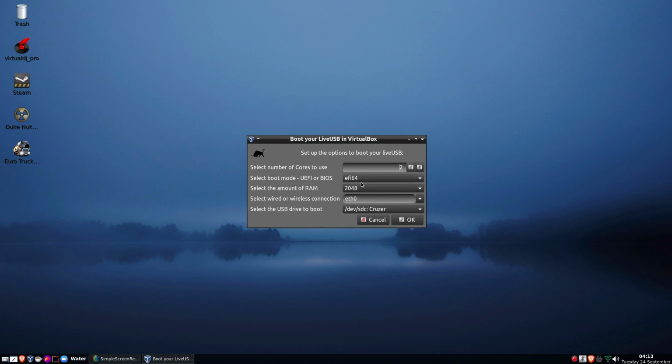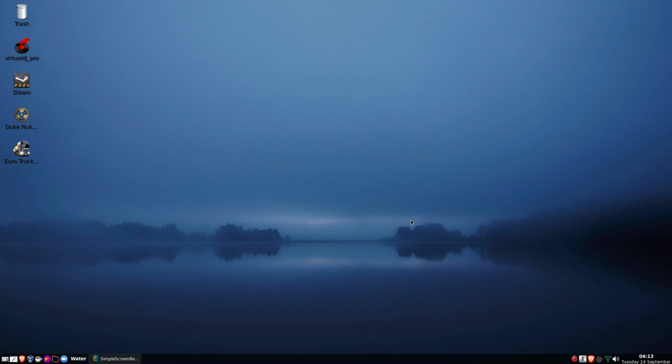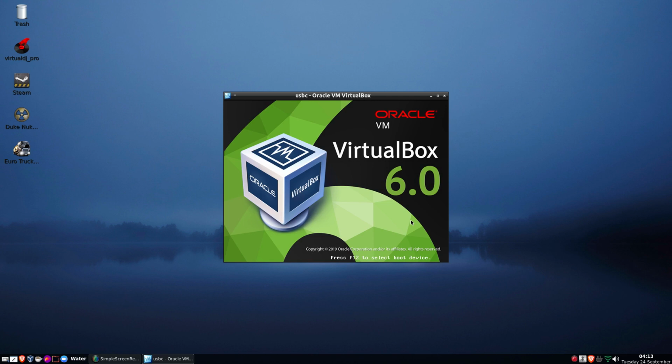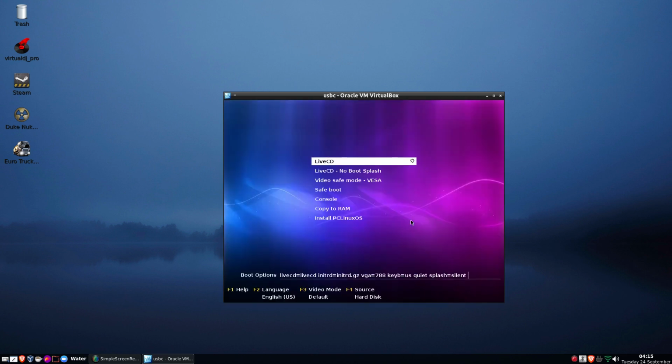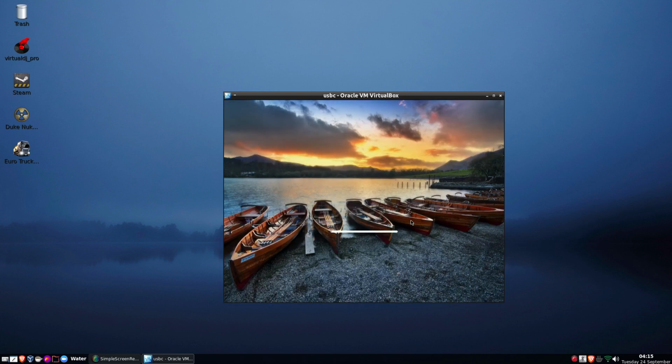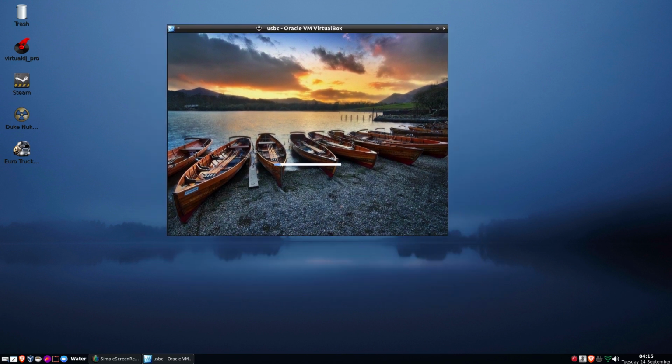Now we'll give it a couple of goes. We'll test both the BIOS and the EFI. It has already selected the correct drive. It might ask me to become root, but no, it hasn't. So here we go. This is the BIOS version of what we just built. So I'll load the kernel up, and by rights it should come up with